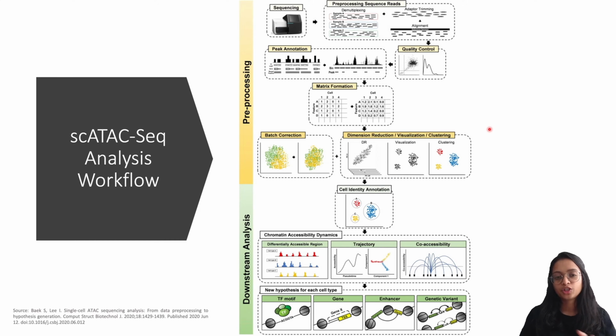If you have watched the previous video, we have previously discussed the single cell ATAC-Seq analysis workflow. Quickly giving an overview, this workflow is broadly divided into pre-processing steps and downstream analysis. In the last video, we focused on the pre-processing steps. We also learned how to pre-process single cell ATAC-Seq data. But today we are going to be focusing on the second half of this workflow, the downstream analysis, where